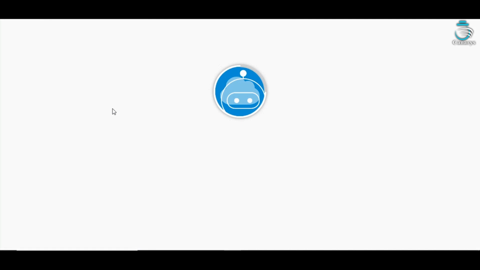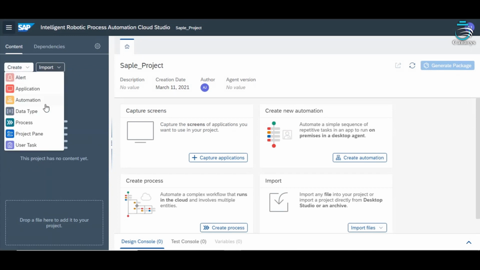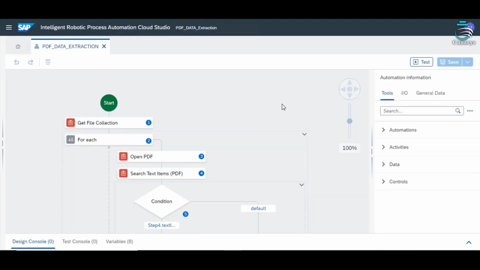Once I create the project, in the projects I can create automations and I can capture applications and I can create data types to use in the automation and I can create many processes by using the automations previously built and much more. For the use case, I have already created the project. Now let us go through that.